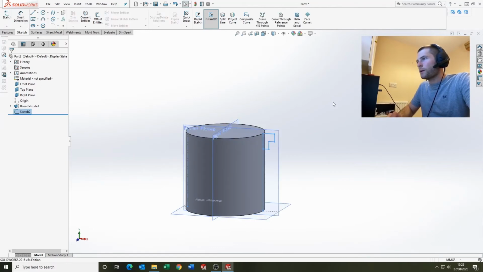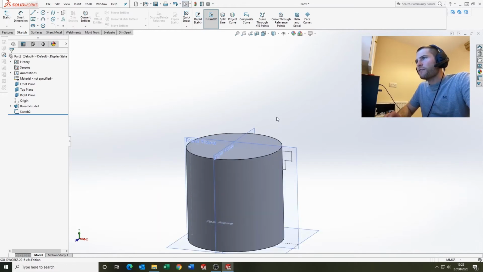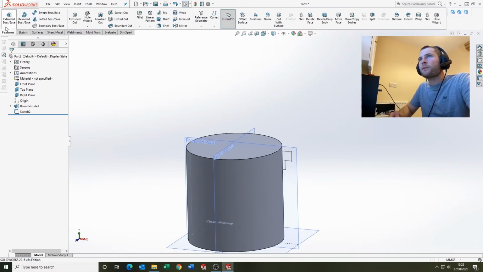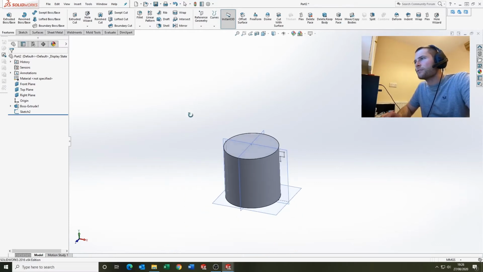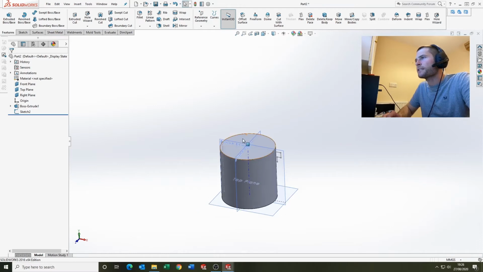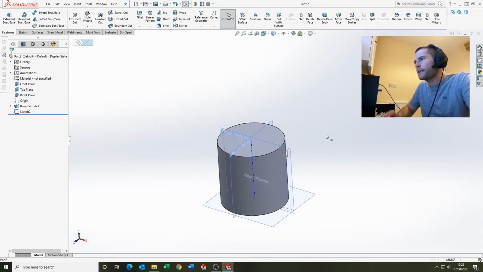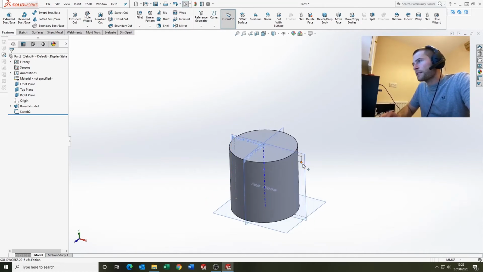The sketch is black, which tells us it's fully defined, which is good. And now generally the feature we're looking to use, come up to the command manager, revolve, requires an axis and a sketch. So we've got the sketch, but we don't have an axis at the moment. So if we come up to hide show items and go view temporary axis, as you can see there, we've got a temporary axis that was created from the first extrude feature. So select the sketch, come up to revolve,